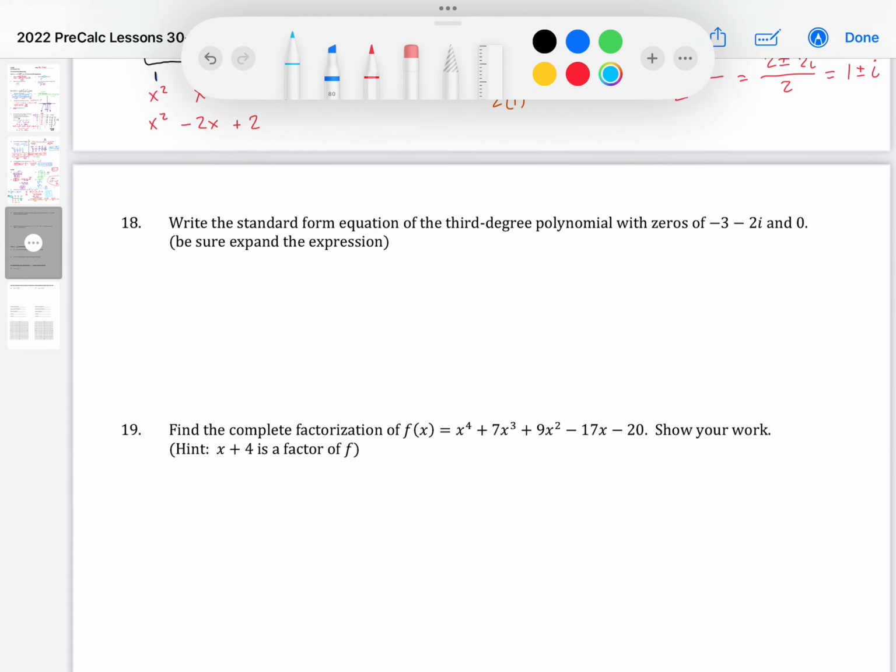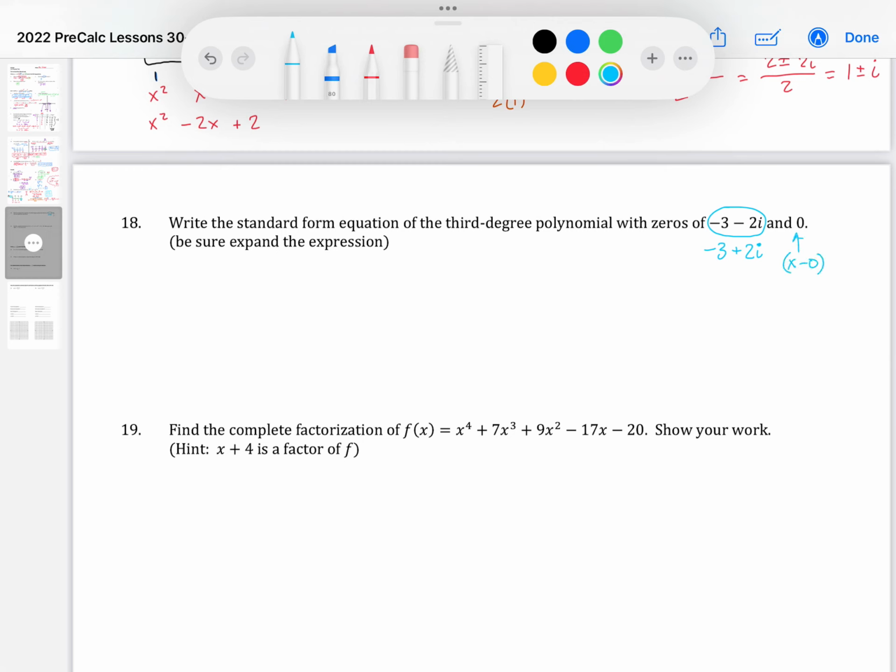All right, 18 says write the standard form equation of the 3rd degree polynomial with these zeros. You might be looking at that and saying, well, that's only 2 zeros. But remember, imaginary zeros always come in pairs. So the pair to this would be negative 3 plus 2i. They always come in conjugate pairs, which means that your factors are, if you have a 0 of 0,